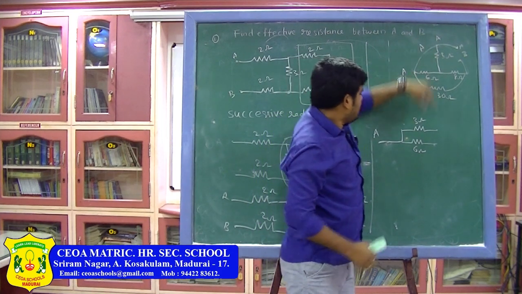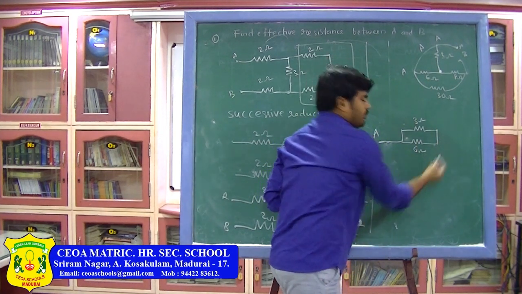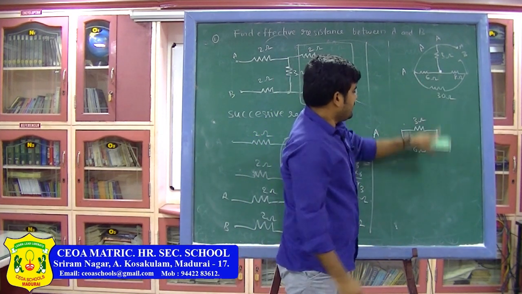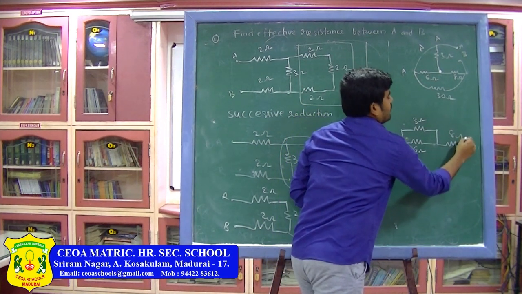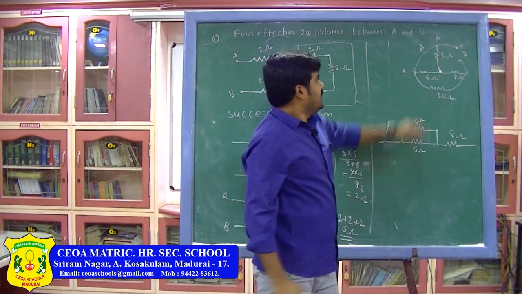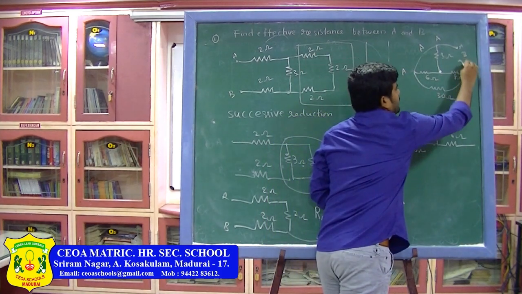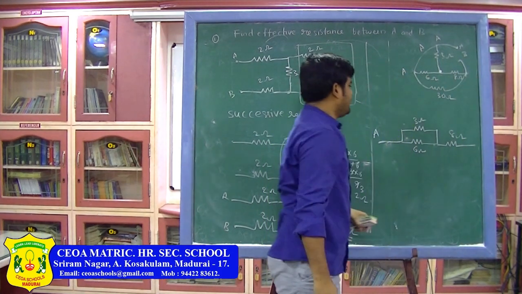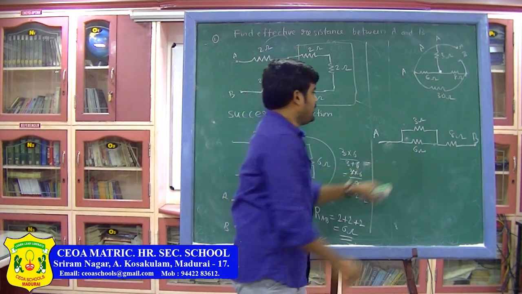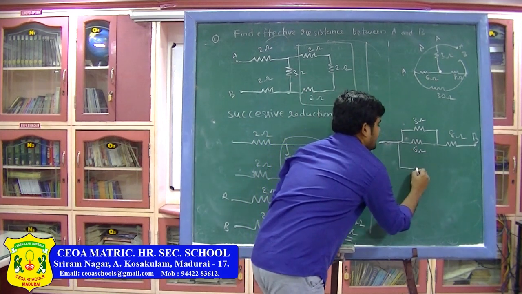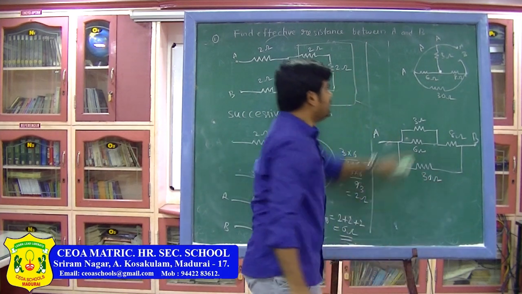Next, the 3 ohm and 6 ohm are joined together at this point. So let us join this point. Next, from their common connection, another resistor is there, that is 8 ohm. Now if you see clearly, there is another resistor, that is 30 ohm between A and B. So this is point B, and another resistor is connected between A and B, that is 30 ohm. So you can connect that resistor in this way. So this is the redrawn circuit of this particular circuit.